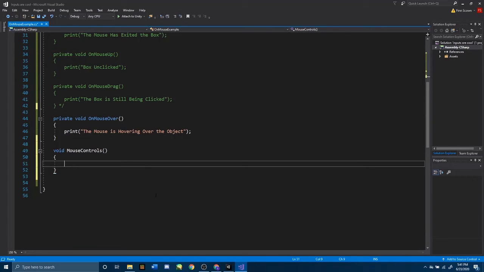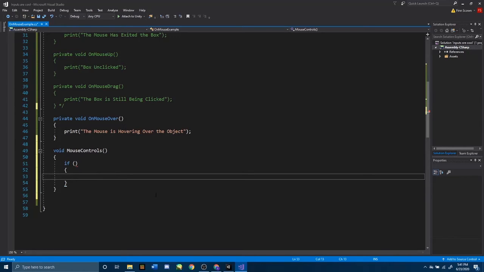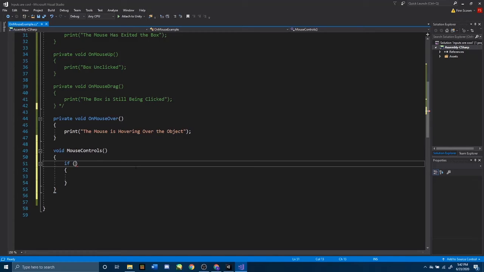Let's start by creating an if statement. An if statement starts by saying if, and then you open up parentheses, and make sure it has a closing parenthesis. And then after that, you open up your squiggly brackets and your closing squiggly brackets. Press enter while your cursor is inside those. An if statement needs a condition in the parentheses, and our condition is going to be if input. So if we are receiving input,